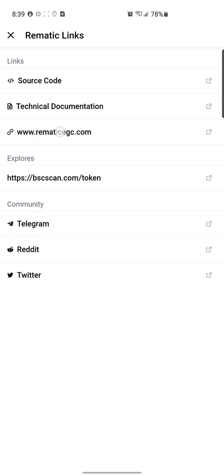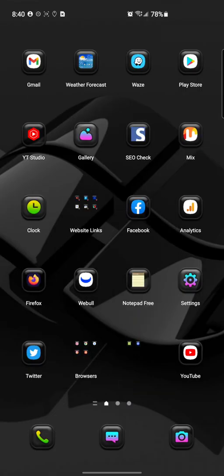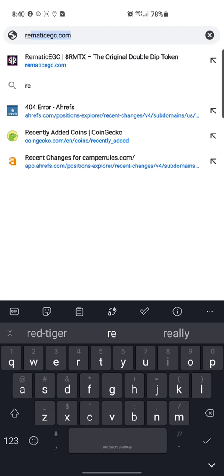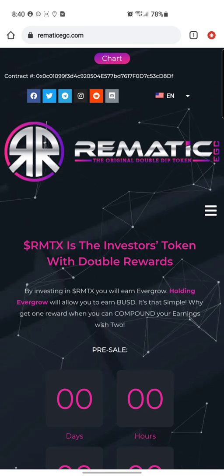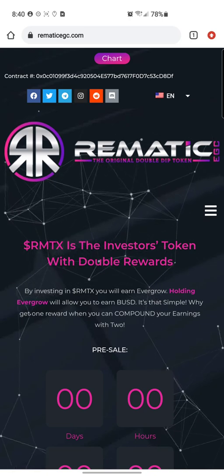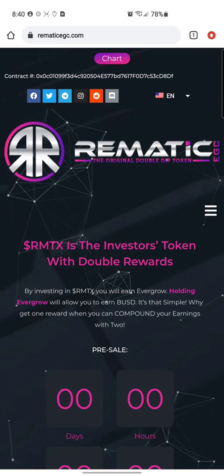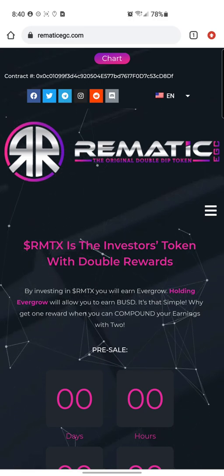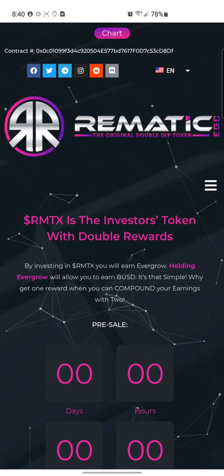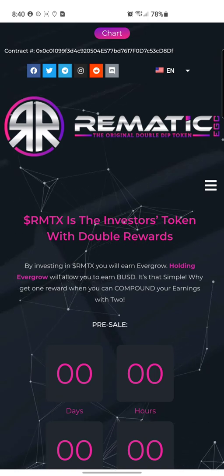The website isn't loading. The website isn't going through, so it's RematicEGC.com. So here it is, Rematic. I already looked at the website. There's the contract address at the top and all the links to their Twitter, Facebook, Telegrams, Instagram, and that one's Pinterest, I think. Not Pinterest. I'm not sure, I don't remember that one's name, but it says Rematic EGC, the original double dip